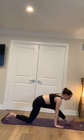You're either going to stay here in your half splits, working on that hamstring stretch, or start to work your way towards your full splits. So sliding the right heel forward, sliding the left knee back. You can stay with the toes tucked under, or you can untuck the toes. Nice. Wherever you are, doesn't matter how high you are, how low you are, you're going to keep squeezing that